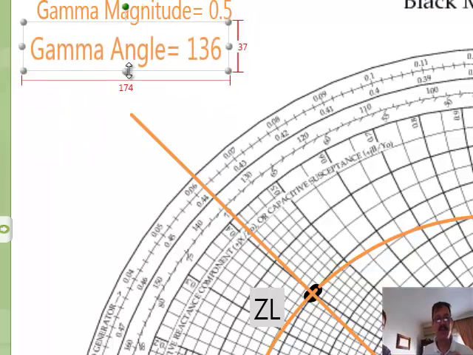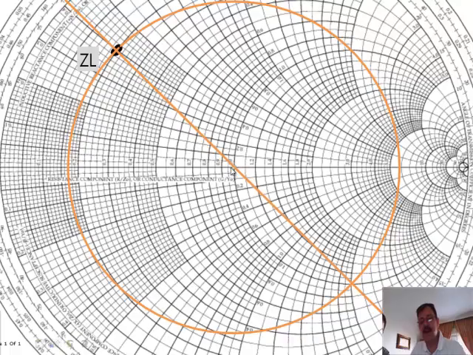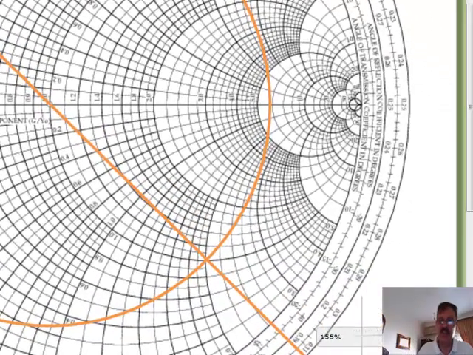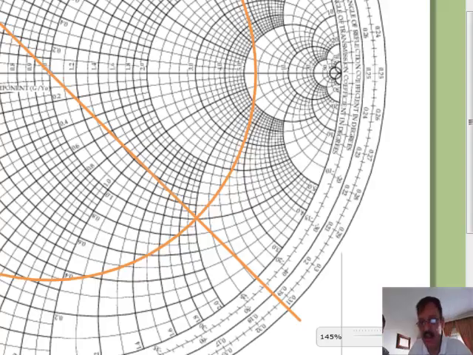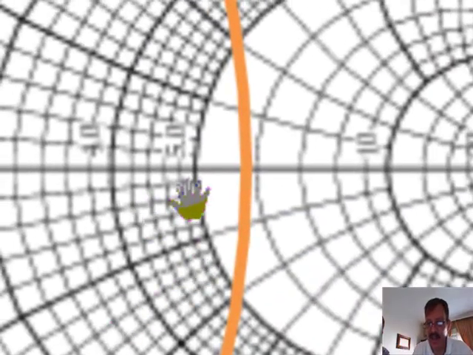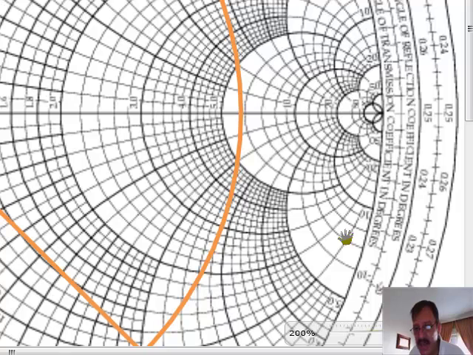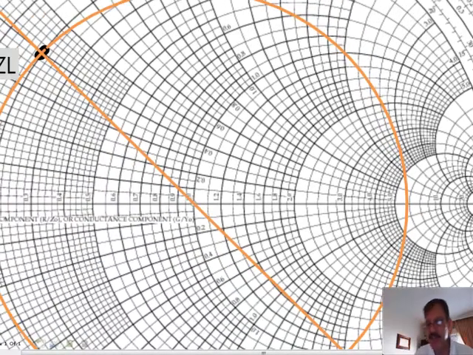Okay, we can also determine the VSWR if we zoom into the intersection of the circle that represents ZL with the real axis, the intersection at the right side. We can see that the VSWR is about 5.8, 5.9, because it represents the intersection here,